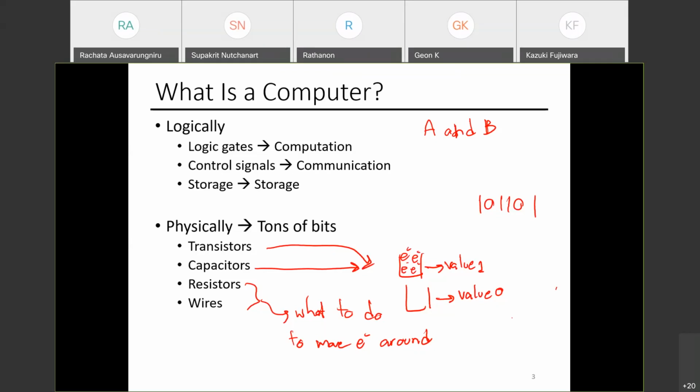Exactly, yes. When you can add more transistors, you can add more bits, right? It means that I can cram more things into the same area. If you go online to a store and buy an Intel CPU, it comes with a fixed area, about 4 centimeter by 4 centimeter, right? Area.